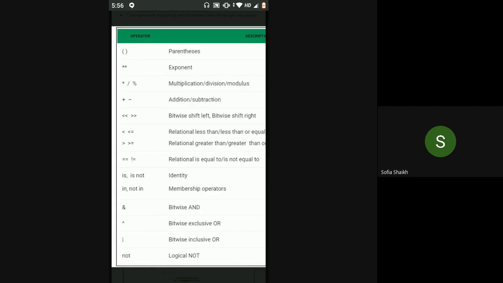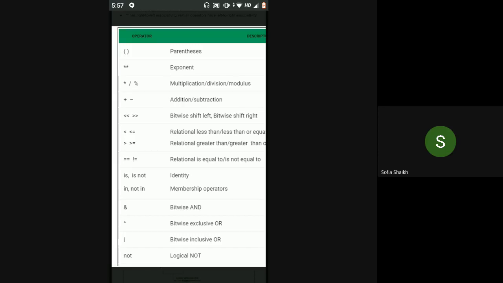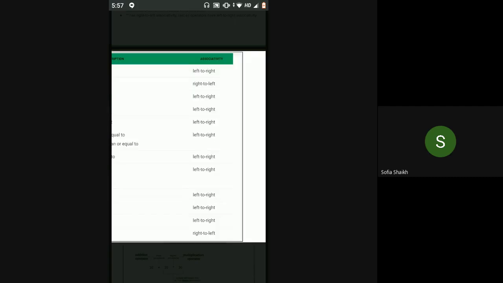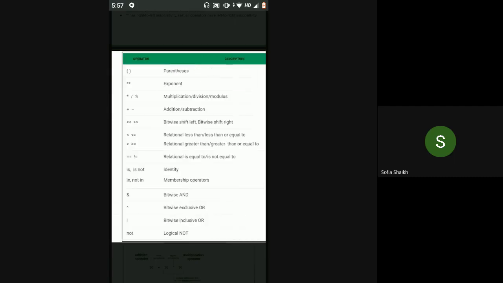What associativity means is that whenever you have more than one operator in an expression which have the same precedence level, there will be a certain way in which they will get evaluated, either left to right or right to left. Here you can see associativity, and for multiplication, division, modulus, it says left to right.